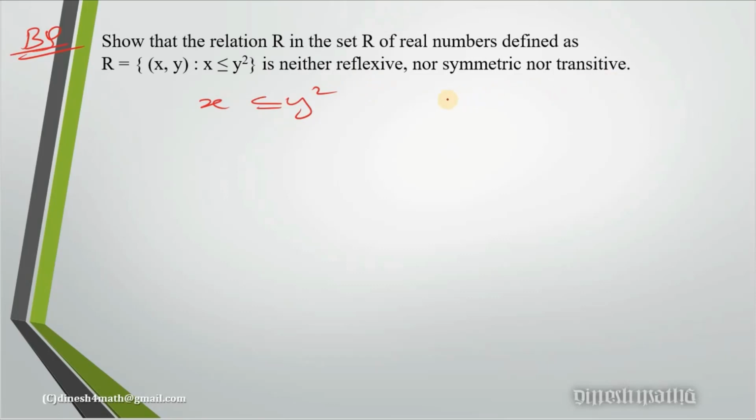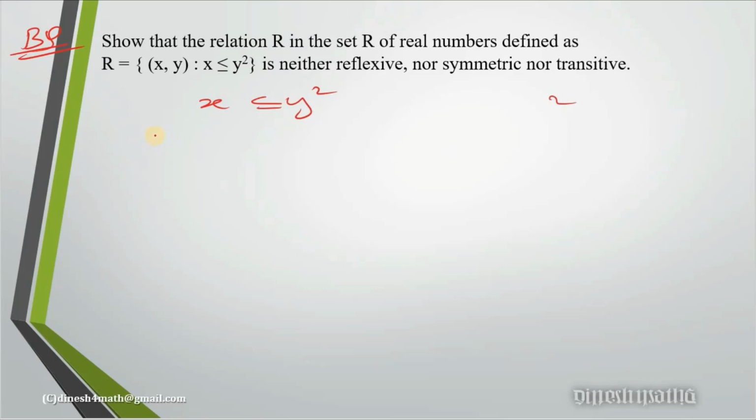So you need to find an example in such a way that when you square that number, it should be smaller than the actual number. You know that usually if you take 2, 2 square is 4, and 3 means 3 square is 9. It's always true. So you need to think in such a way that when you square a number, it should become smaller. Yes, you guessed it correct. It could be any rational number or any decimal number.